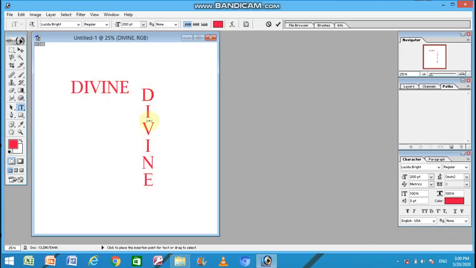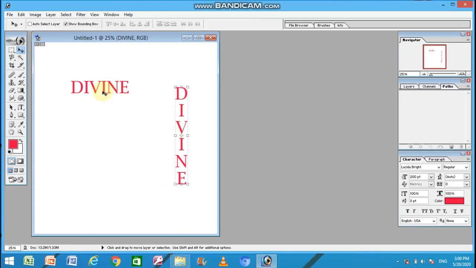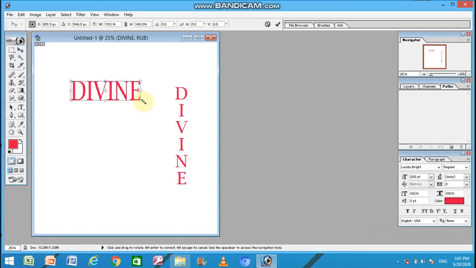Now if you want to move the text which you have typed anywhere onto the canvas, you can use the move tool. Select the move tool, you can see the text is selected. If you want to select this text, click on the type tool first, put the cursor in the text and then choose the move button to get it selected. These are the resizing buttons which are used for increasing or decreasing the size of the text object.